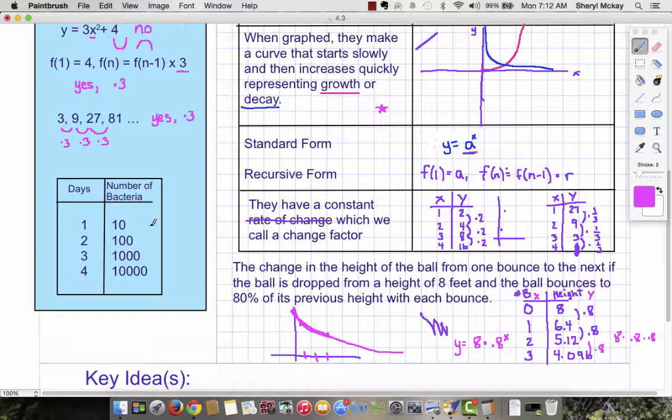Well, you should have noticed right away that to get from 10 to 100, I had to multiply by 10. And to get from 100 to 1,000, I had to multiply by 10. And to get from 1,000 to 10,000, I multiplied by 10. So I have a change factor of 10,